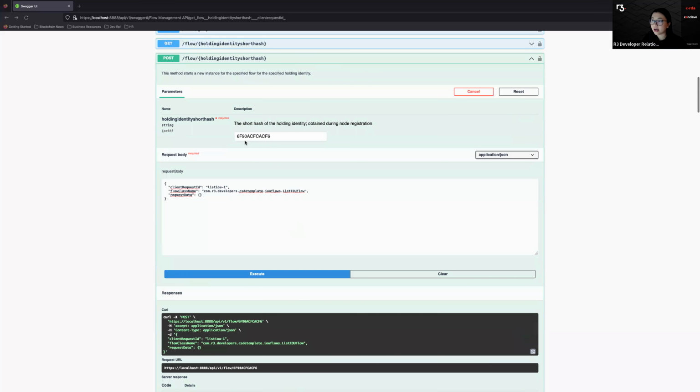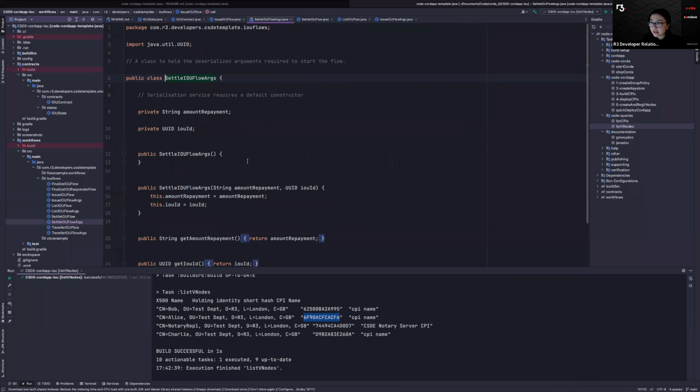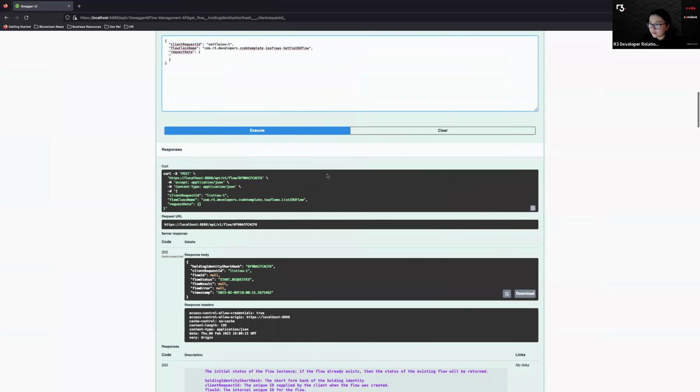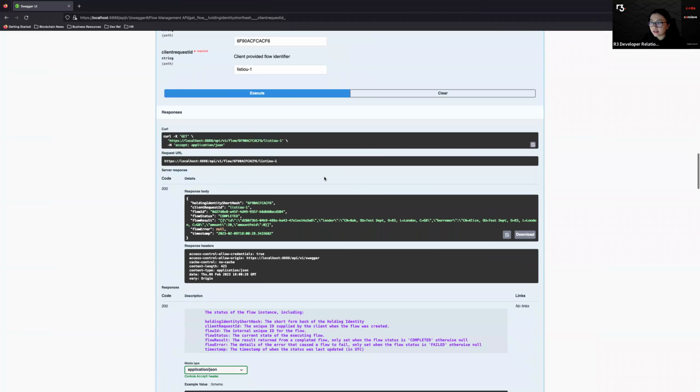Similar to what we did just now with the create IOU, we're just going to update that to settle IOU1, and I'm going to update the flow that I want to use to settle IOU flow. And in terms of request data, the arguments required for settle IOU flow, let's take a look. It's asking for amount repayment and IOU ID. Where is IOU ID? Well, whenever we queried for the list IOU, this is the ID that we want to